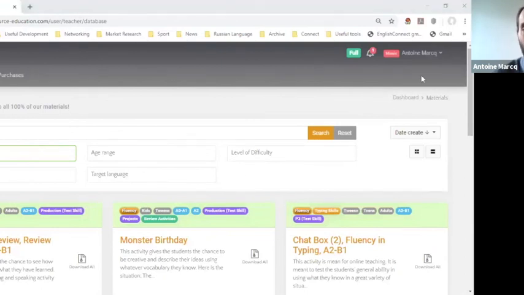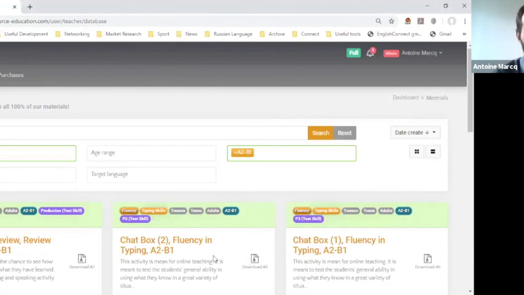You remember how it worked? I found my fluency activities. Okay, well, these are pretty weak. A0, A1, A2. No, I'm looking for A2, B1. Okay, we filtered. Yes. Now, let's say I'm teaching adults right now, so I only want activities for adults. Boom, I'm filtering it more and more. Perfect.